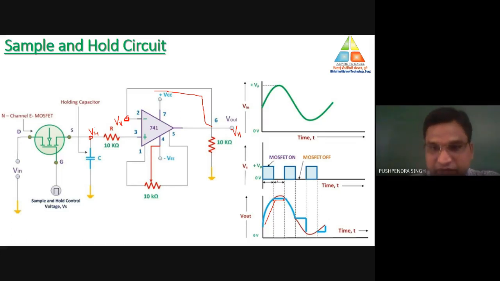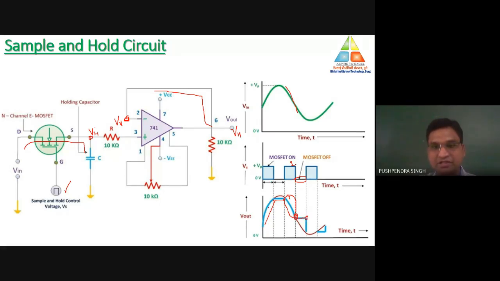Now again, when the level of this control voltage is 1, on that condition, the input voltage source is connected to the capacitor again. Now the capacitor is charging again, but it is moving towards a negative direction. So this is the total charge across the capacitor. Again here, when the control voltage is 0, whatever the charge across the capacitor is at this time, the same charge will be stored over here.